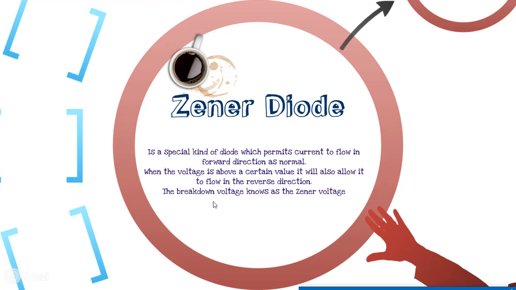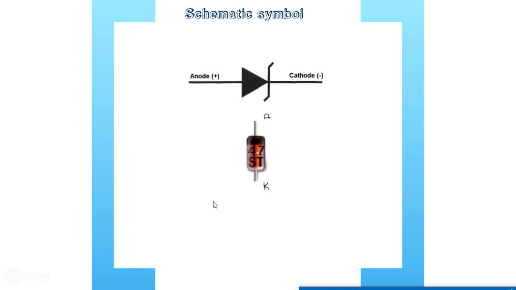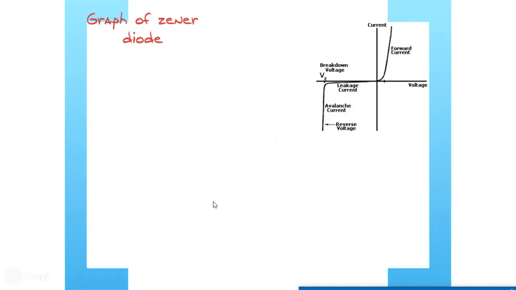The Zener diode is a special kind of diode which permits current to flow in the forward direction, very simple, like a normal PN junction diode. But in reverse bias, a very sharp breakdown voltage occurs, using which a reverse direction current flows in a Zener diode. So the Zener diode is mostly used in reverse bias applications rather than forward bias applications. The schematic symbol is represented by a diode with a Z shape, and the symbol below is the industrial application of a Zener diode.